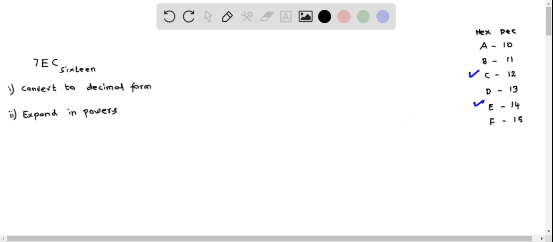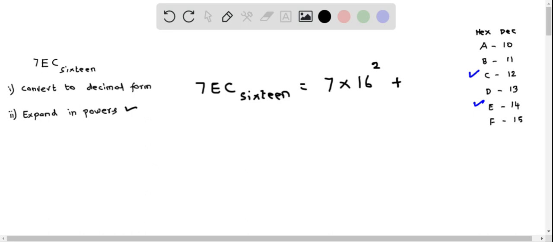We will now do part 2, that is we will expand in terms of powers of 16. So for that I'm going to write this down as 7EC, this is base 16. This is equal to, I put the 7 and then multiply with the place value of 16. Since this is the third digit, I have to multiply with 16 raised to the power of 2, plus